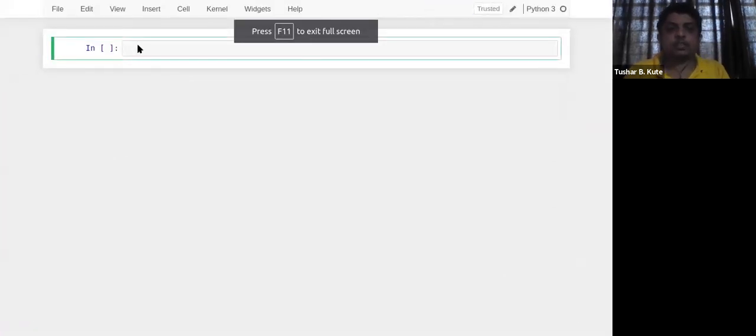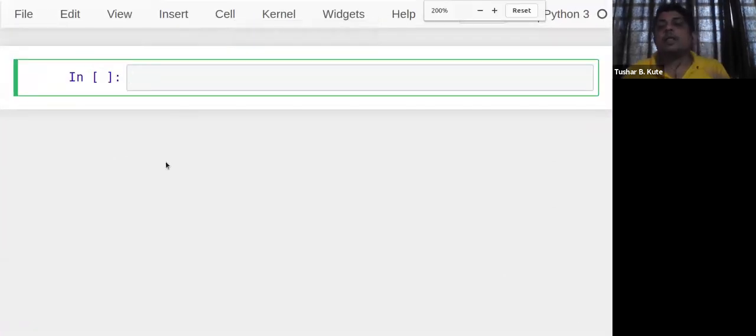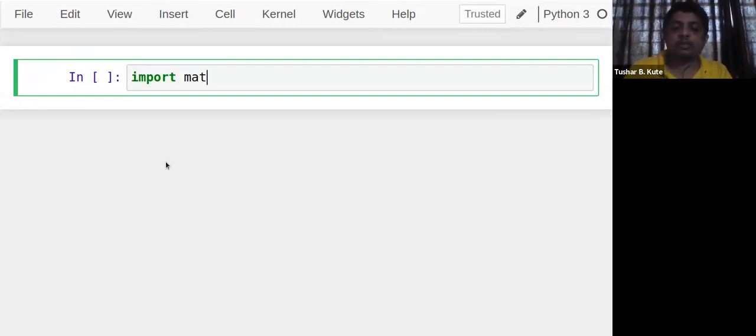Just a minute, I'll just increase the font size. As I told, many functions are present in pyplot. Under Matplotlib we have the pyplot sub package, and under it we have many functions. So we have to import it. Here a general data scientist uses plt as an alias for the pyplot sub package. So let's import matplotlib.pyplot as plt.